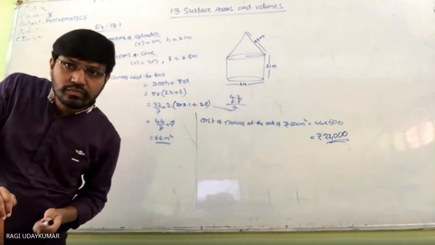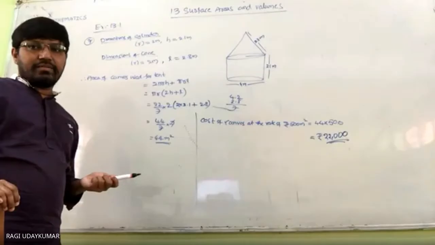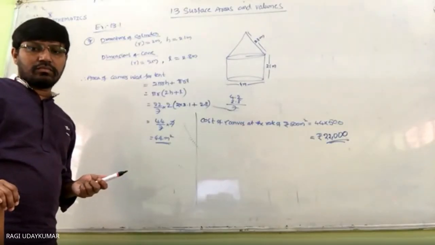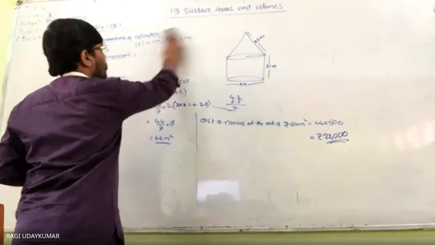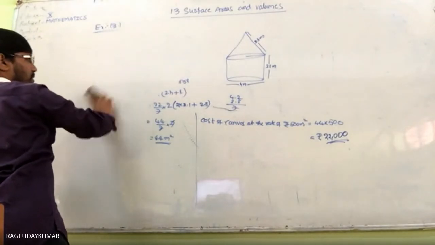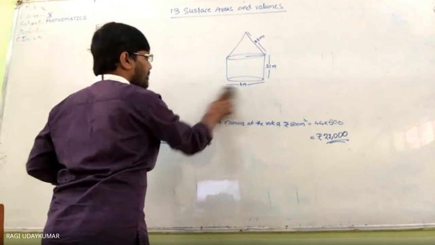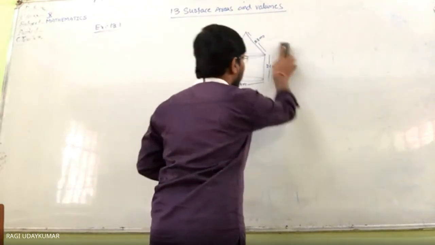समझ में आया? Yes, sir. Yes, sir. क्या डाउट है? No, sir. Doubt नहीं है. ठीक, simple problems हैं बेटा. See, mostly all the problems can be solved, but I am explaining to you. Here situations are different. You can do it. Simple calculations हैं, इसमें ज़्यादा difficult figure भी नहीं है.